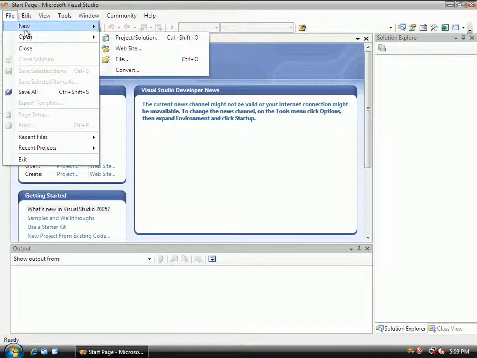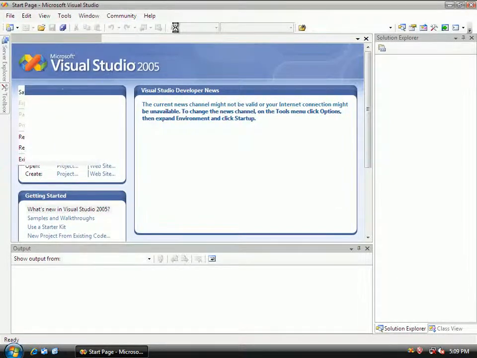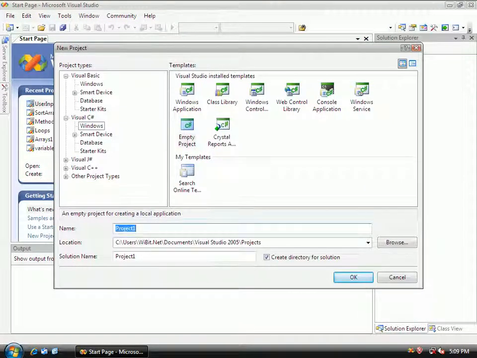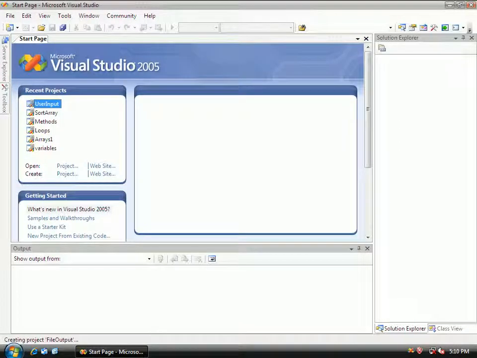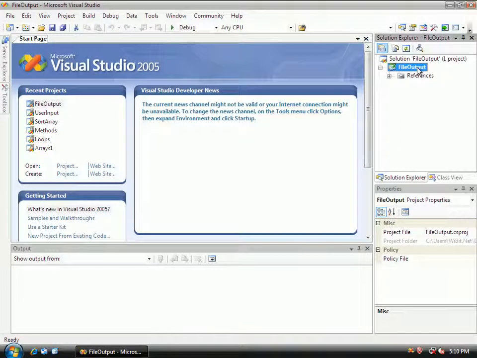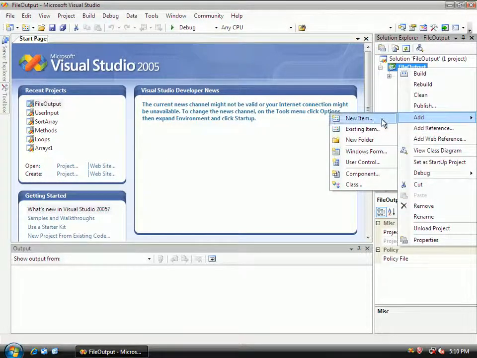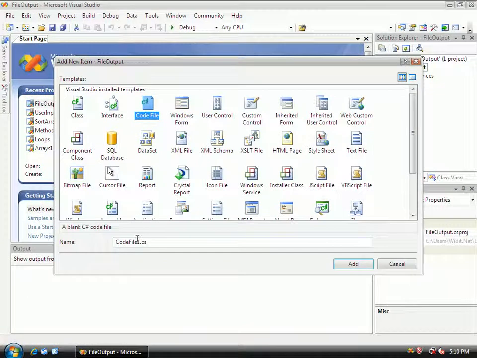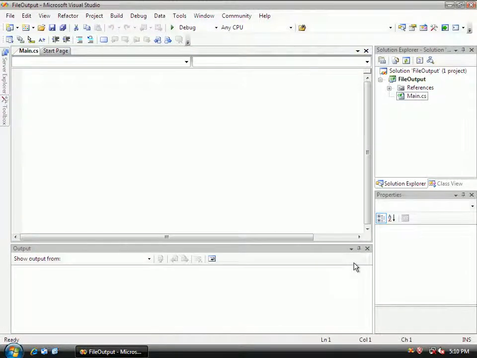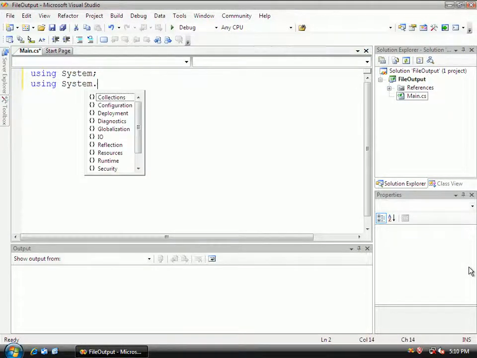So we're going to do another project, new project, empty, and we'll call it file outputs, and start it. Create a source file. Add new item, code file. And I'm going to call this one main.cs. I'm going to give the whole project a title, where this is the main chunk of it. Okay, great. So we're going to start off by using system, and we're also going to be using system.io,